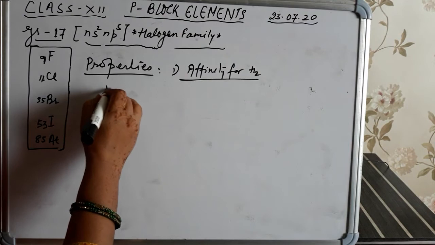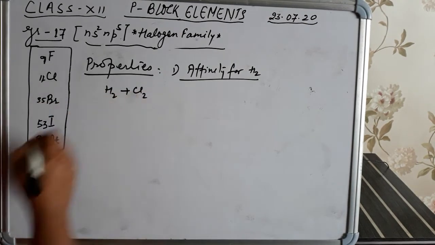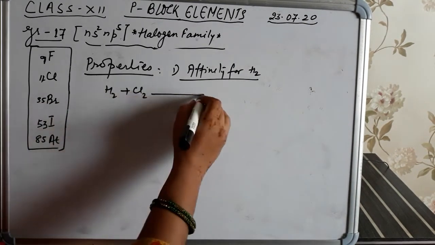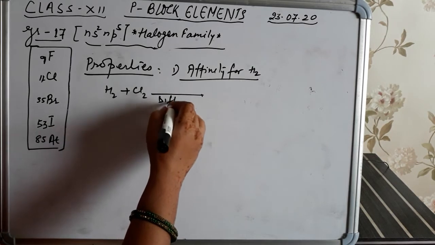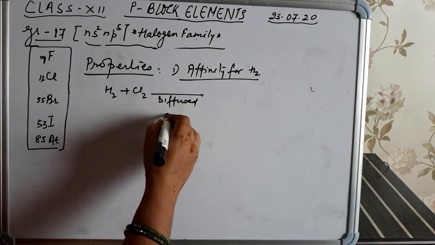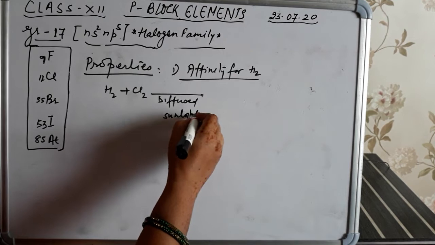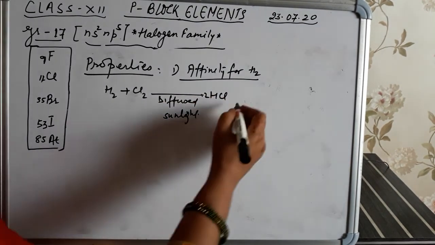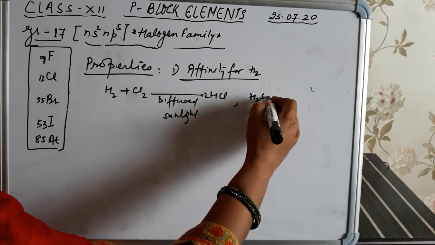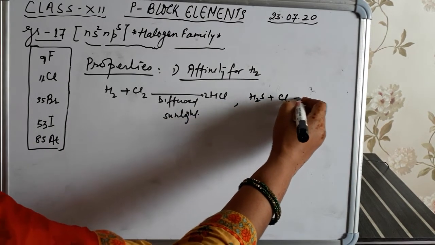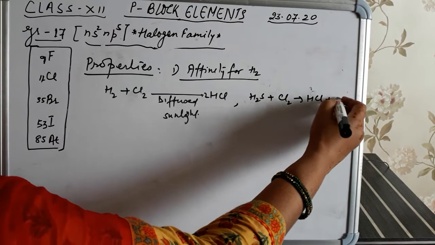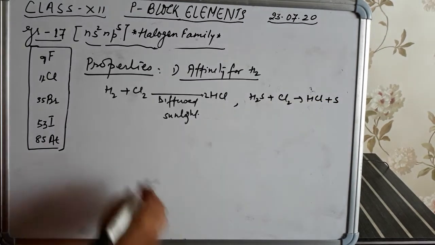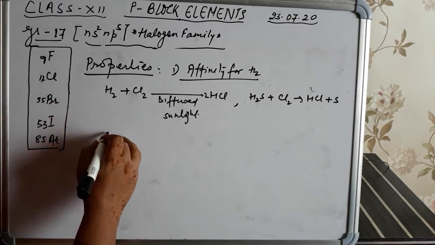So whenever it is treated with hydrogen in diffuse sunlight, it will form hydrogen chloride. Hydrogen sulfide, when treated with chlorine, will form hydrogen chloride and sulfur. Apart from this,